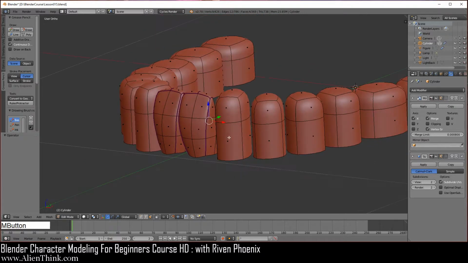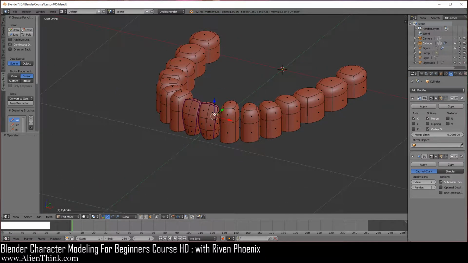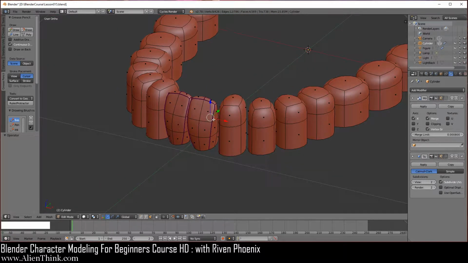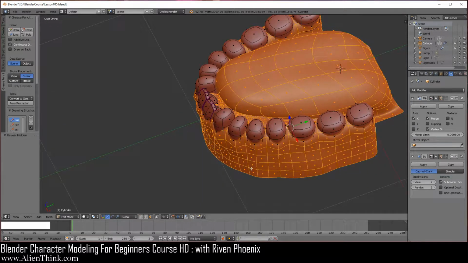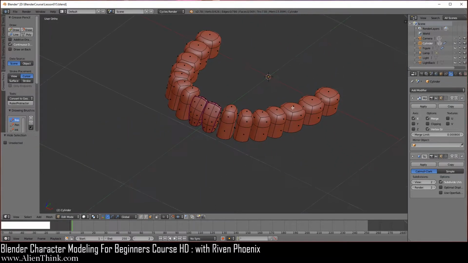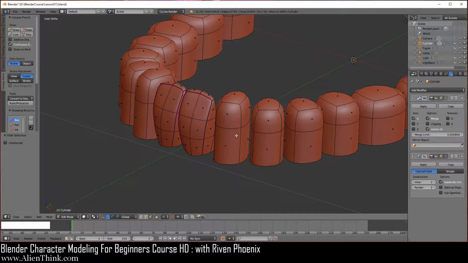Okay, so when you're like this and you see the 3D manipulator, this should tell you that something on the other side is selected. So now if I do A, I can simply hide this. And now if I do Alt H, it will bring everything back. If I do H again, it will just behave normally. Okay, so just be aware of this.